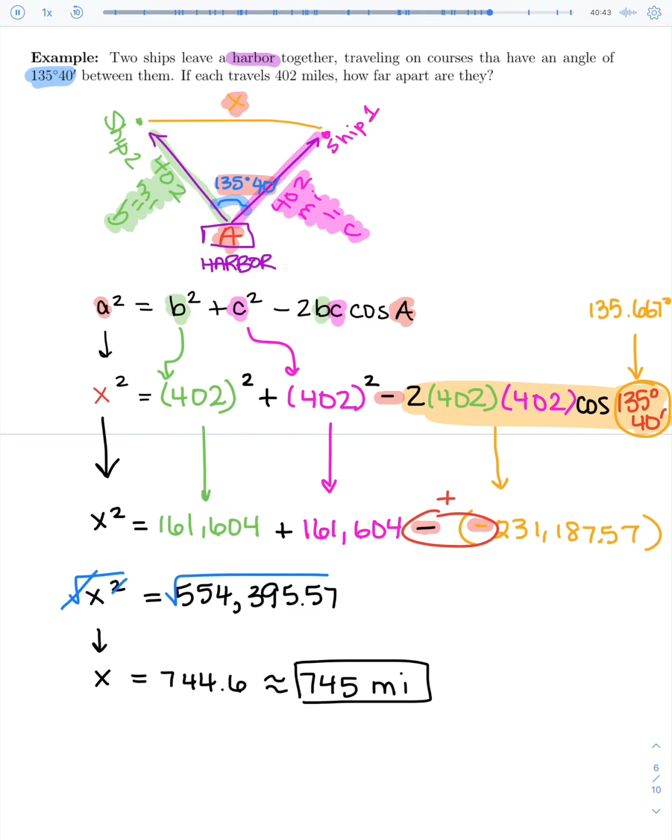One last formula. This last formula lets us find the